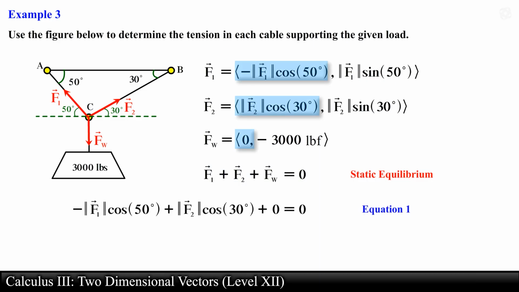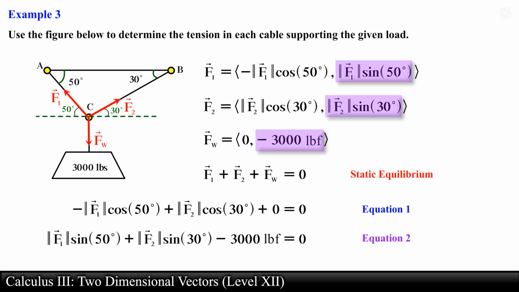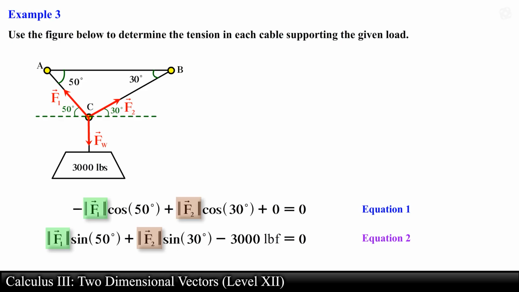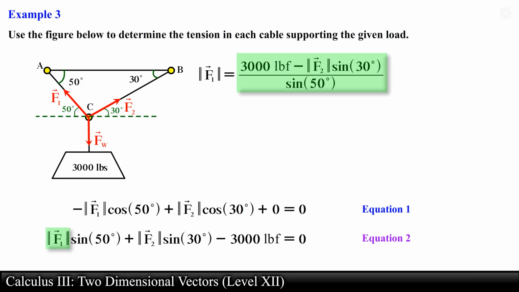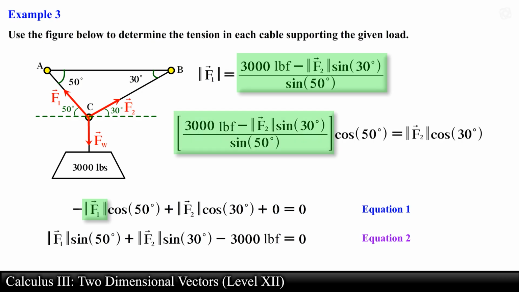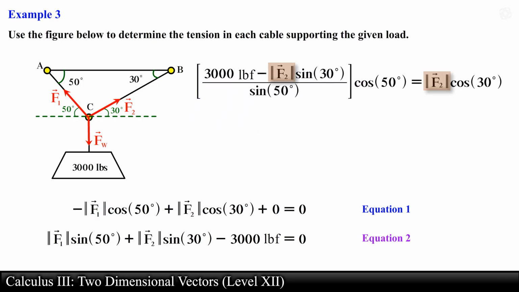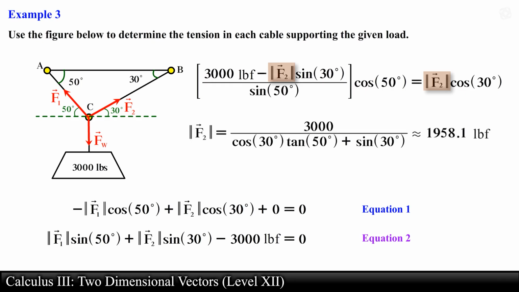From here, let's extract our 2 equations, one from each component, as follows. Now we are face to face with a system of equations with 2 unknowns. At this point, it is just a matter of solving for one of the unknown tensions from one equation and substituting it back into the second equation and solving for the unknown variables. So solving for the first tension force, we obtain the following. Then we go ahead and substitute this expression into the first equation as follows. We proceed by solving for the magnitude of the second force, which is approximately equal to